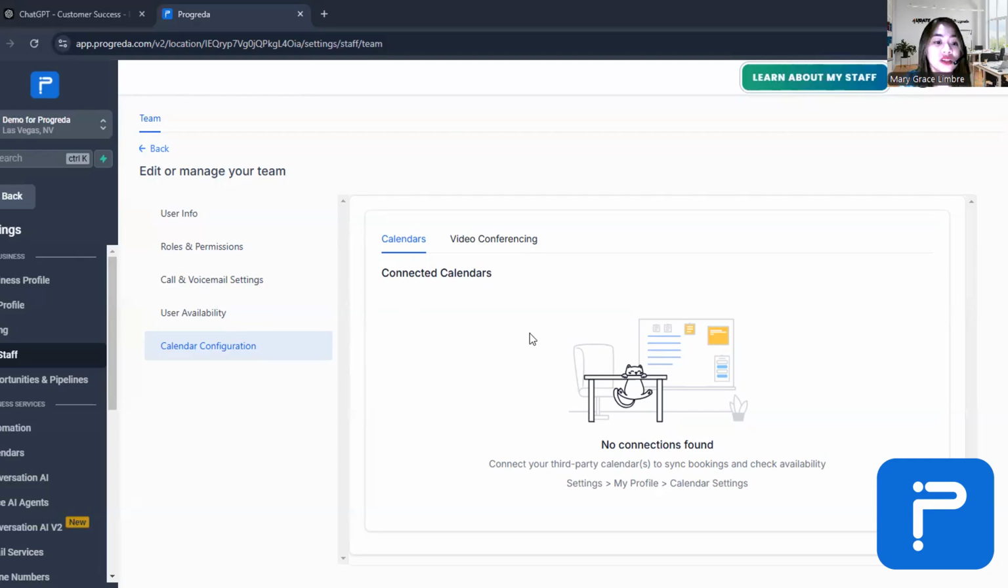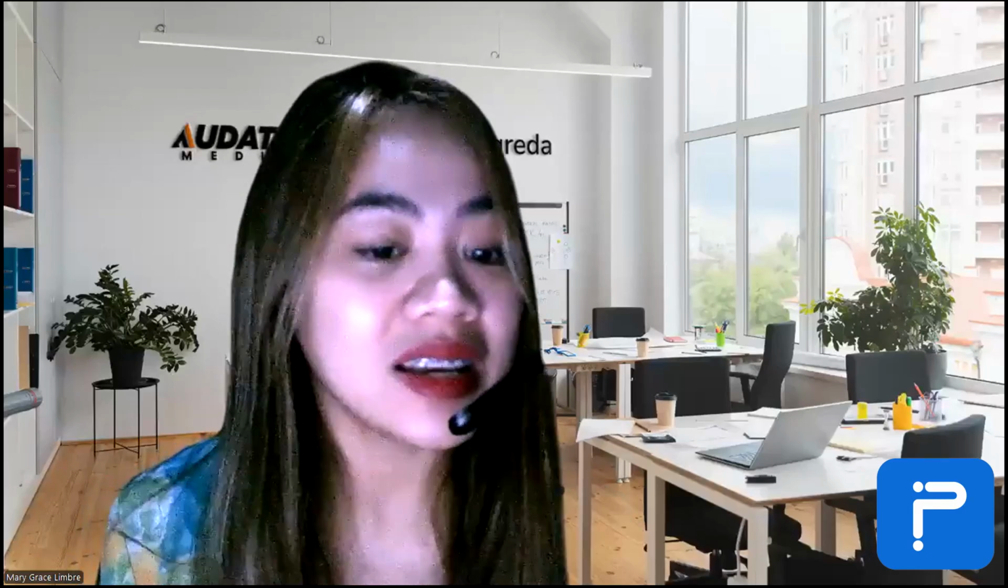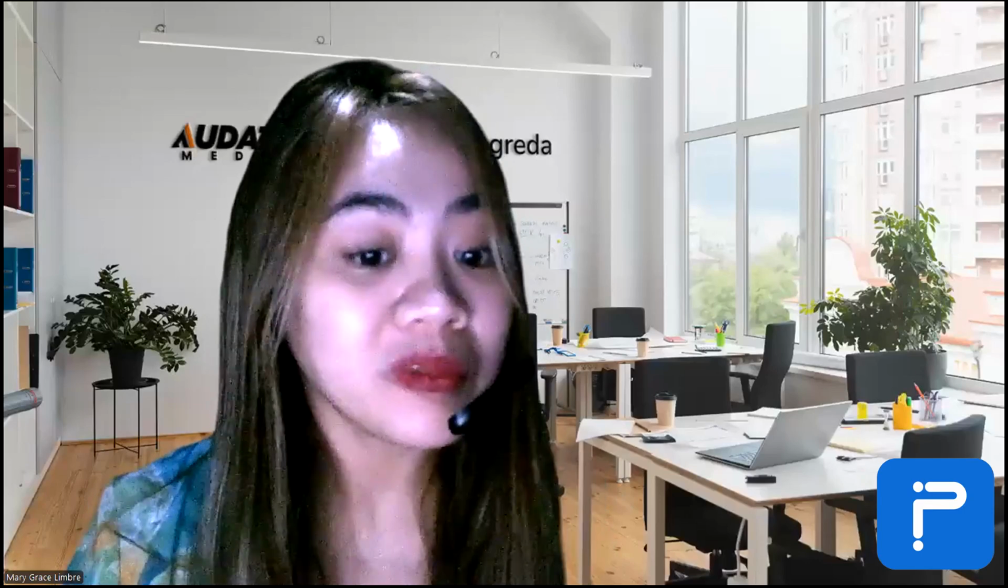And that's it. Once you've configured all these settings, click Save and your new team member is ready to roll. So you've successfully created a user like a true Progreda Pro. All right. So adding users in Progreda is not just about growing your team, it's about setting them up for success and